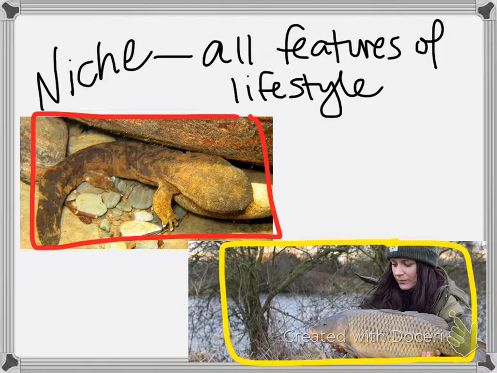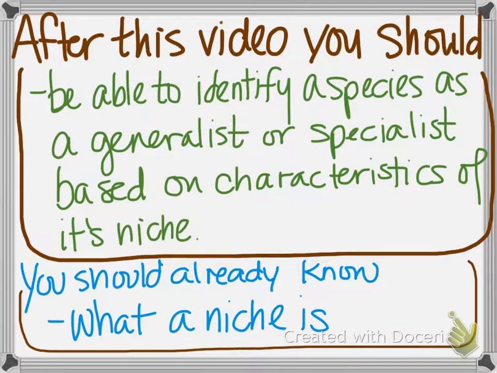They're really sensitive to changes in oxygen. They're really sensitive to changes in habitat. They do eat a wide range of things, but they're so delicate in terms of the abiotic requirements that they need. They're a specialist. Okay, would you be able to take any species, look at its niche,